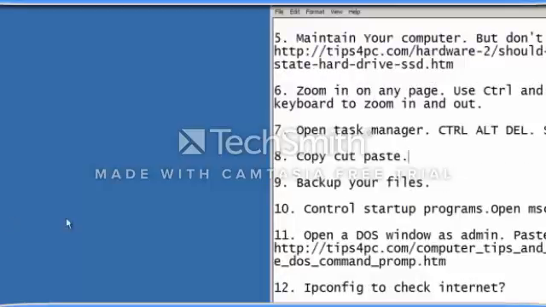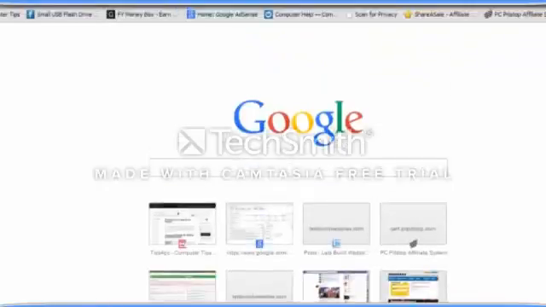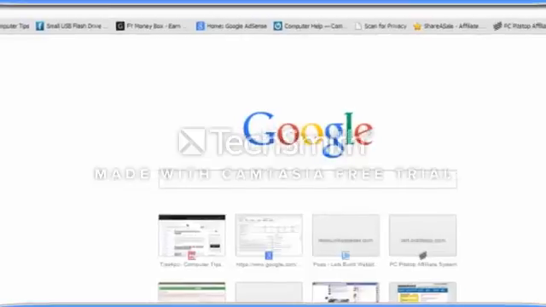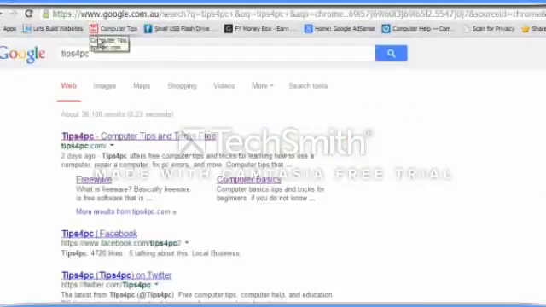Okay, now there is some shortcuts to do that, and I have got a full tutorial on that, cut, copy and paste. Now you really need to do that. That is one of the basic things that people need to know how to do. Now if you go to my website, I'll just show you how to get there. Right, you just go in and you look for tips for PC, okay, and press enter, and it'll come up tips for PC. Okay, press on it